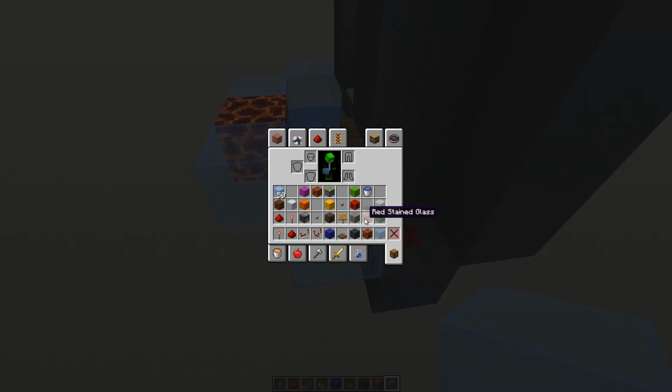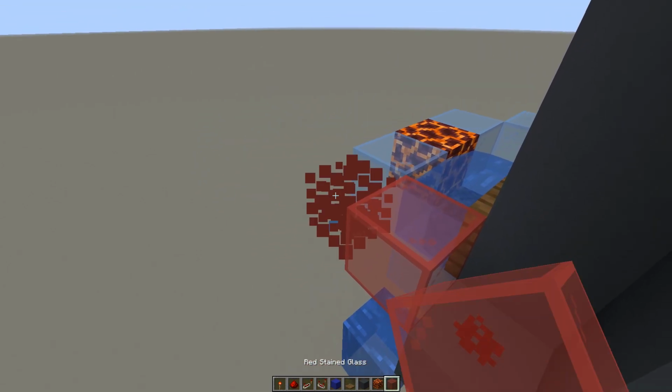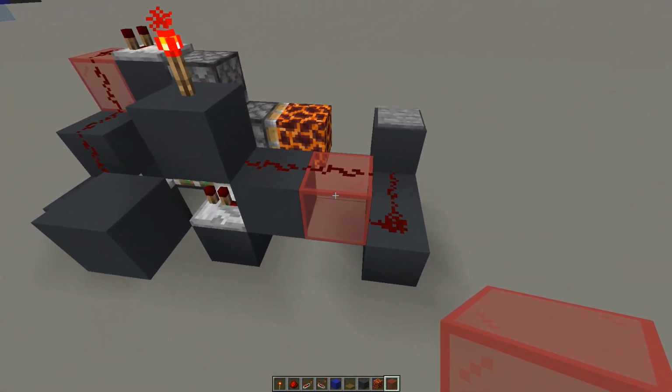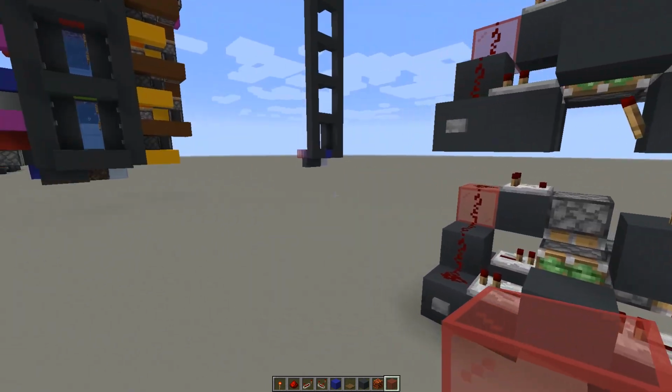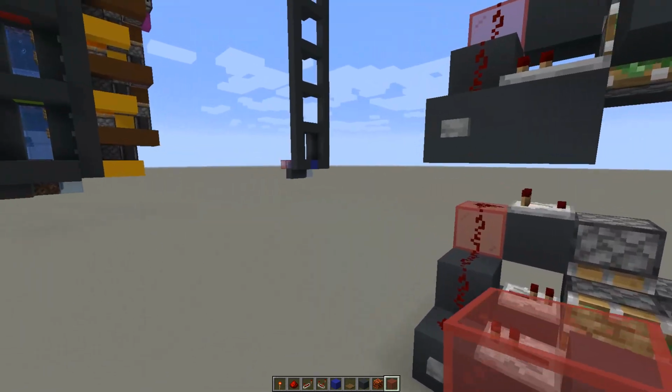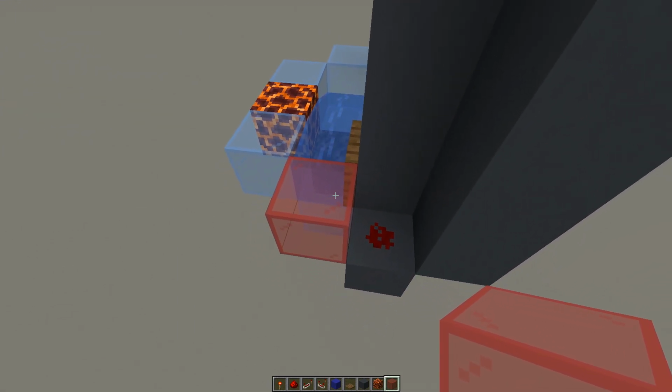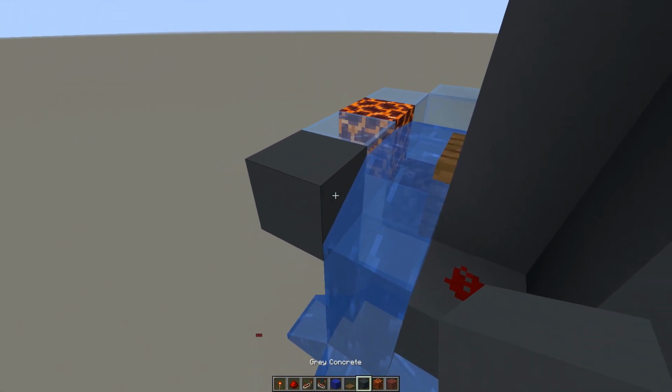And this is the glass, the red one that I showed. This glass is this glass. I will build this thing there in a second, but let me build the body first. So why does this have to be glass? Because if it was any other block